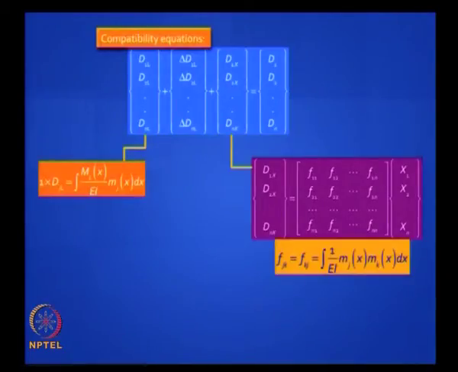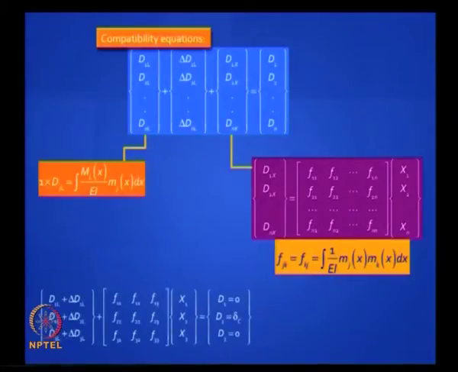So I can now write my compatibility equations like this, right? I am writing all the expressions, and in this particular problem where I have only 3 unknowns, I can write that equation, then I can solve for x1, x2, x3 by inverting that flexibility matrix or using some elimination method and then solving it. Once I have the solution for x, I have got the correct force response, I can draw my bending moment and shear force diagrams on my overall free body. Is it clear? This is a broad method, we have done this.